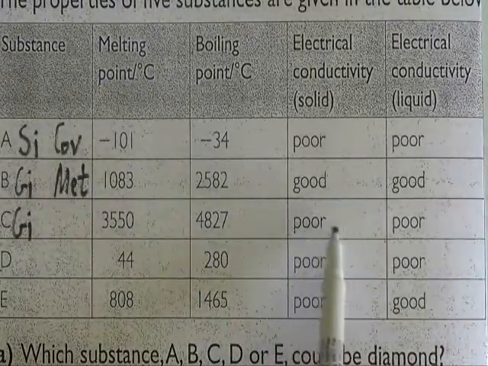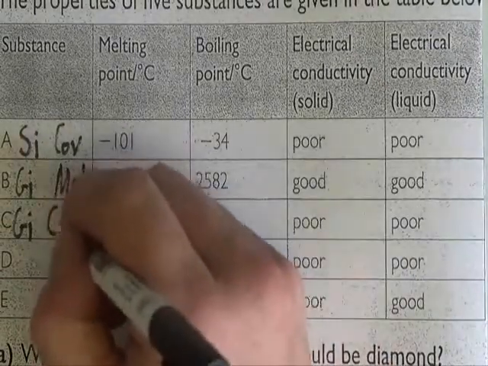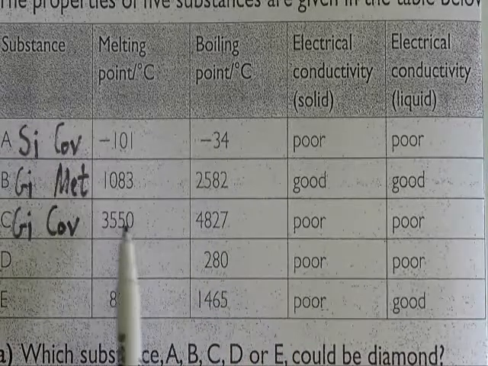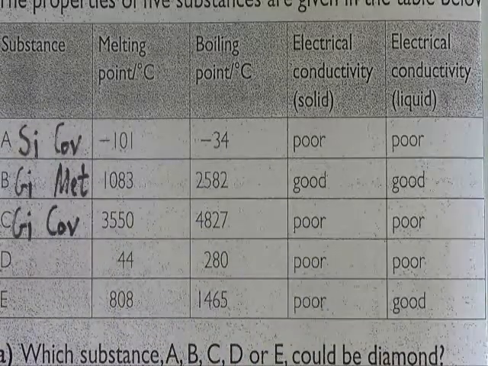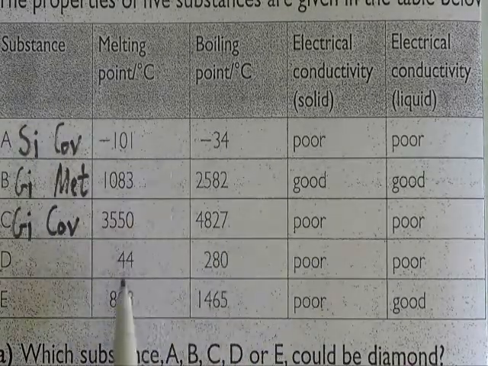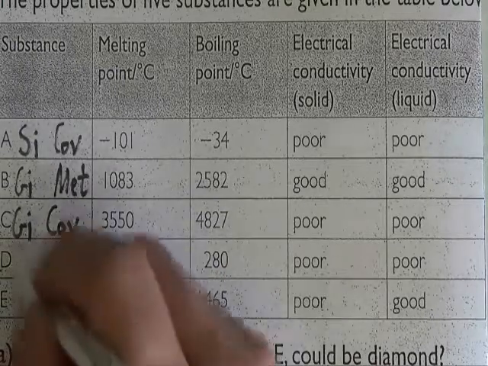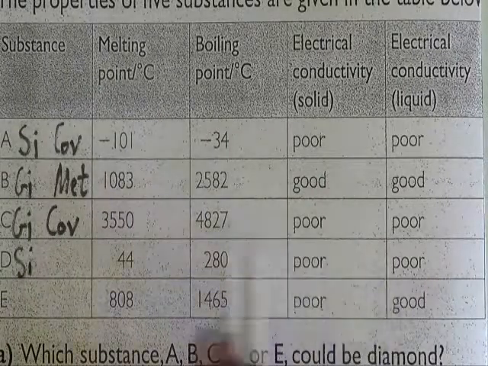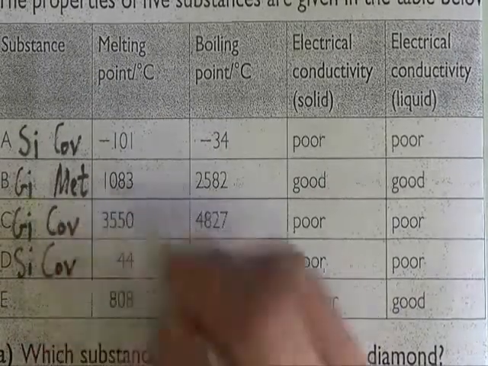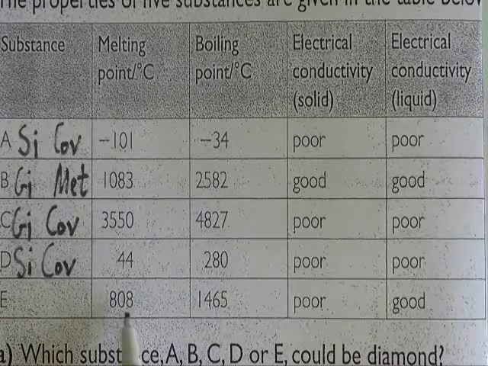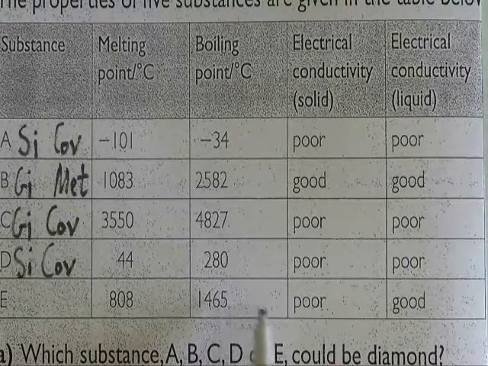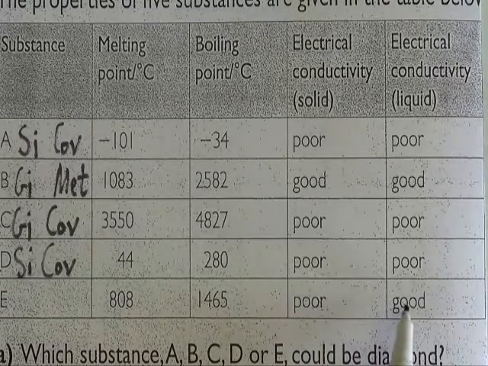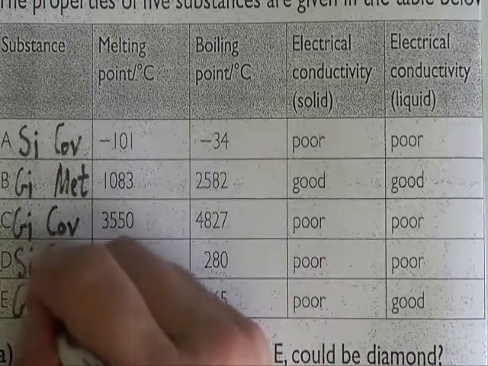Okay, very poor conductor, very poor conductor. Well, that tells me it's covalent. It could have been graphite, but it's not because of the conductivity. I'm guessing it's diamond. Melting point here very, very low, so I'm thinking simple, can't conduct, simple covalent. Highish melting point, highest boiling point, poor conductor as a solid, good conductor though as a liquid, so it must be ionic, so it's giant